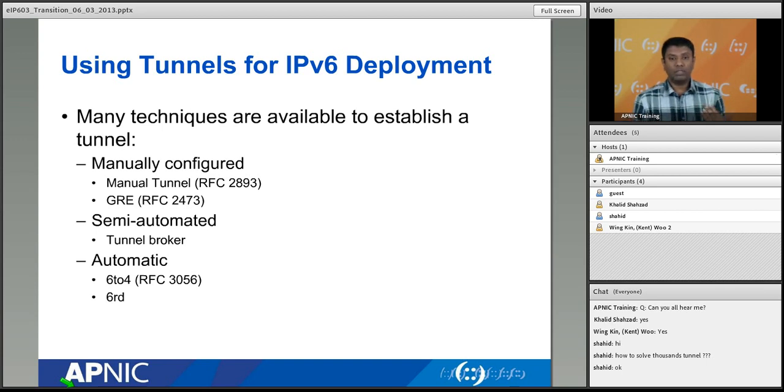If I want to see the data flow in a manually configured tunnel, when the tunnel packet is created on the router, in very specific terms, we call it the tunnel encapsulation process happening on the router. In the encapsulation process, on the v4 header, the tunnel source is already configured on the router, so the router doesn't need to discover the tunnel source. It will just look into the configuration and take the tunnel source, and the tunnel destination is also configured on that router.